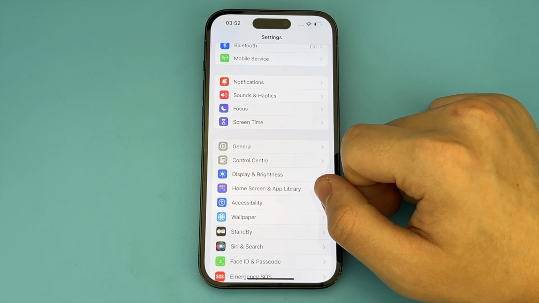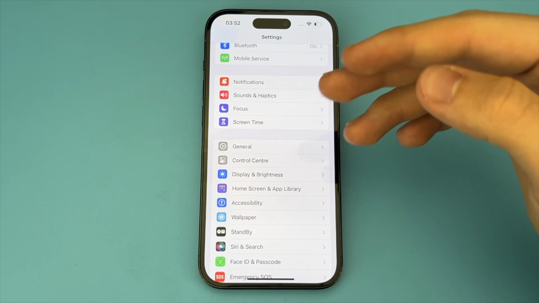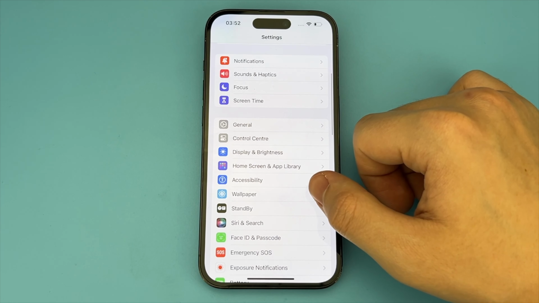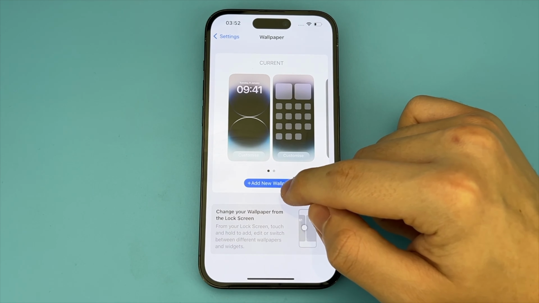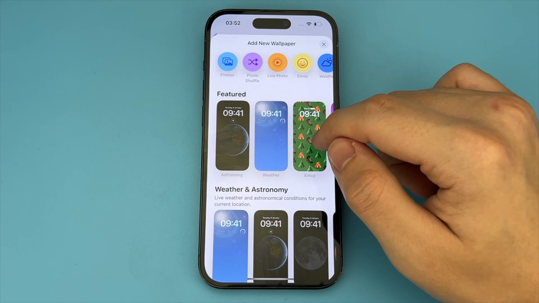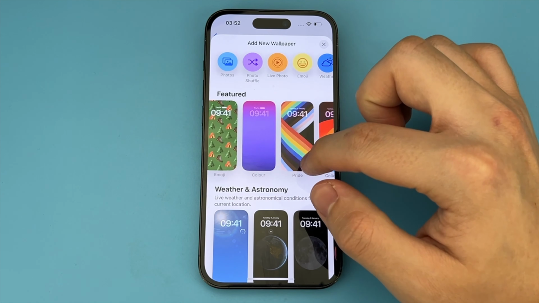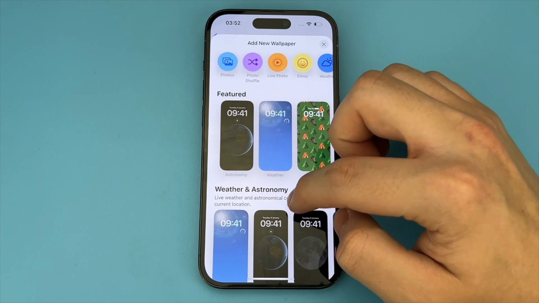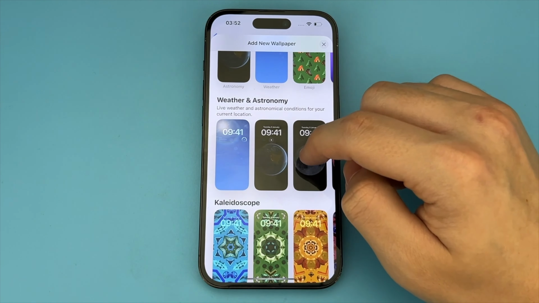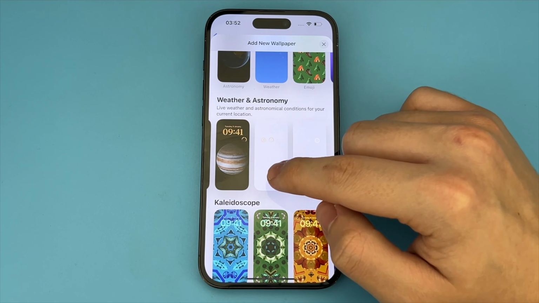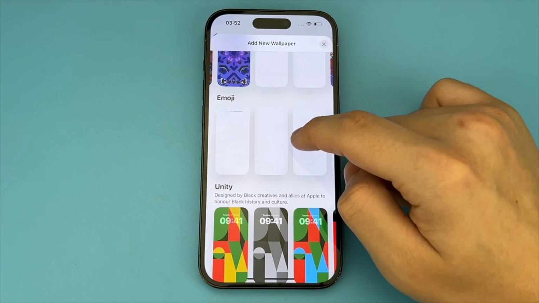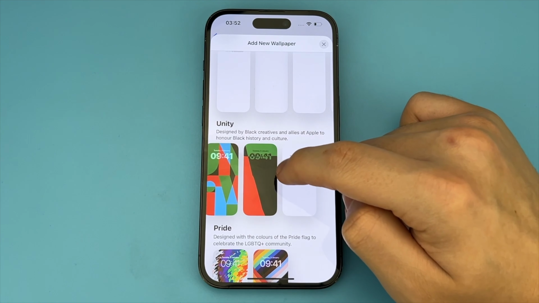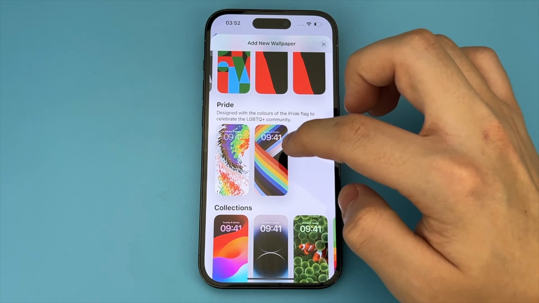In this video, I want to show and tell you how to set default wallpaper on your iPhone 15 Pro or iPhone 15 Pro Max, or any other iPhone. To do this, you go into your iPhone settings and look for the item Home Screen. If you have iOS 17, you will already have the item Wallpaper. You unlock this item. Click Add New Wallpaper, and here you choose the wallpaper that you like.